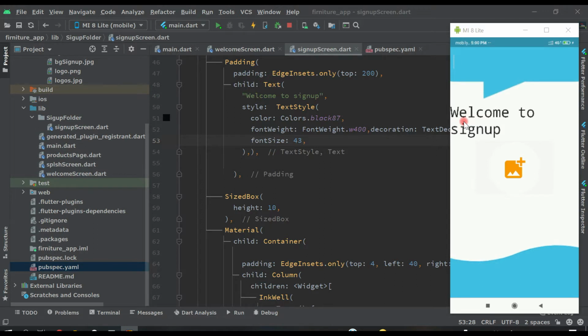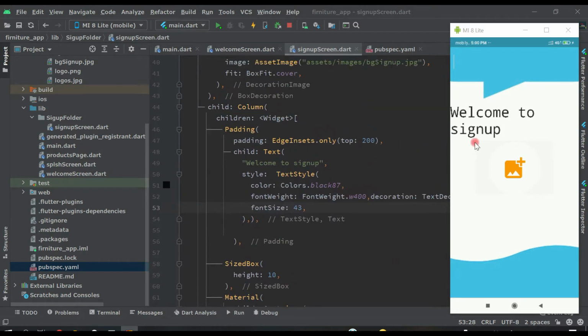If you know how to use Google Fonts, well and good. If you don't know, you will learn in this video also. And we will add our text field also here so that the user can fill her or his information like phone number, password, email, etc. So to use Google Fonts, what we have to do,